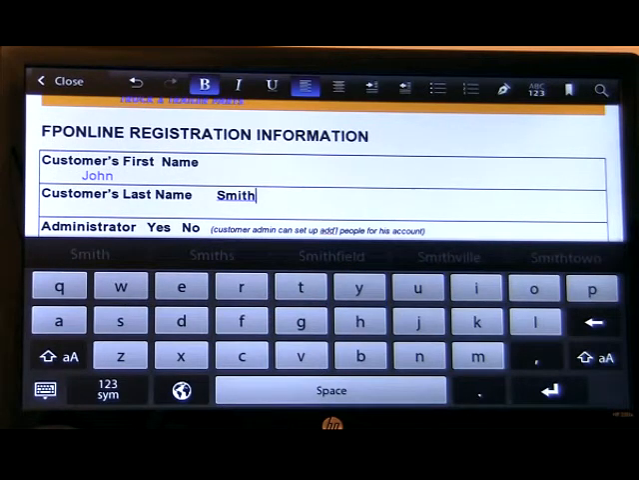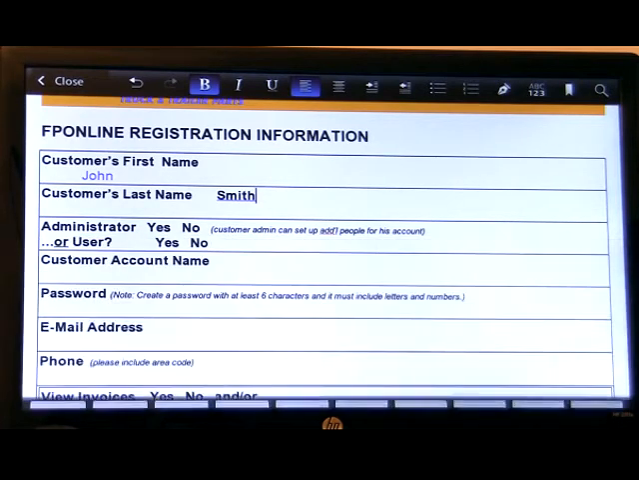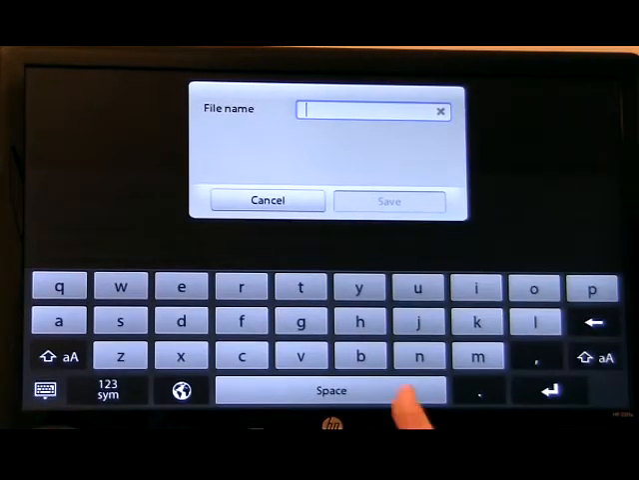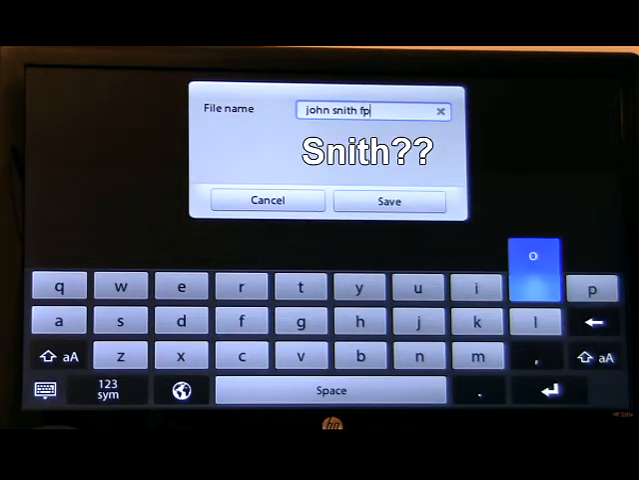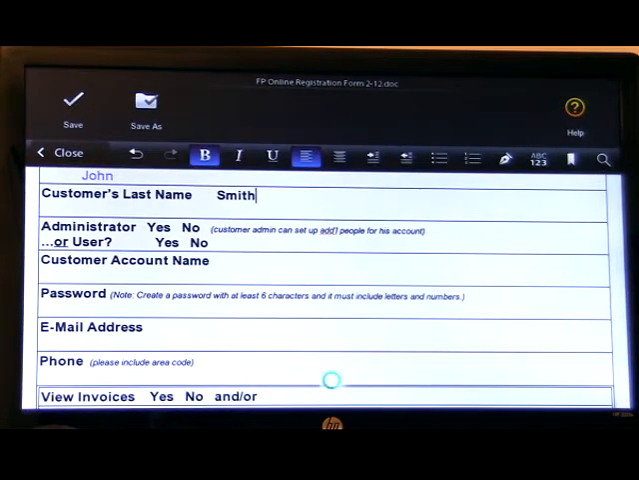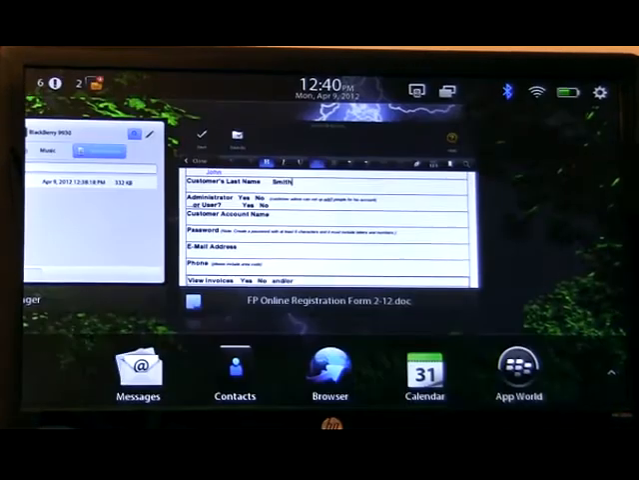Once you make all of your changes to this document and complete it, you can go ahead and save this as, using the Save As function. Maybe it's John Smith. And I usually like to call it FPO, just so I know it's an FP Online form. Hitting Save. So now when I go into my documents,